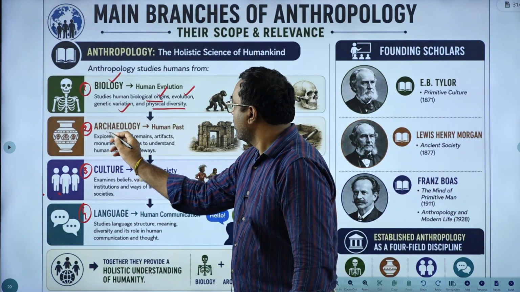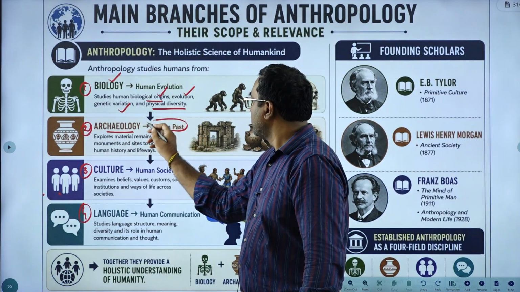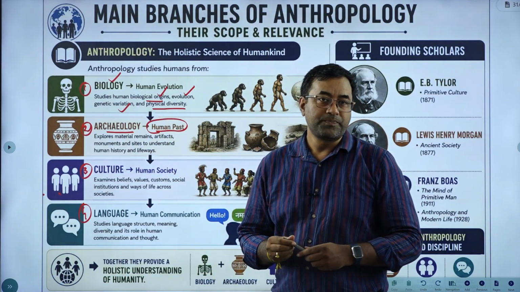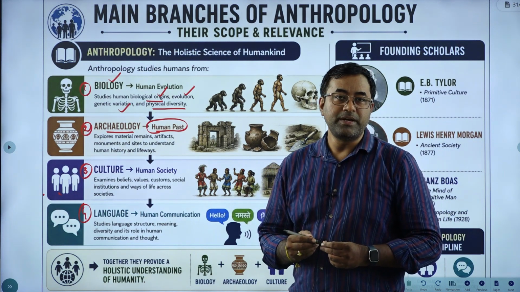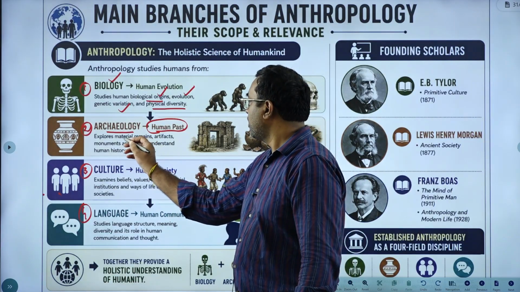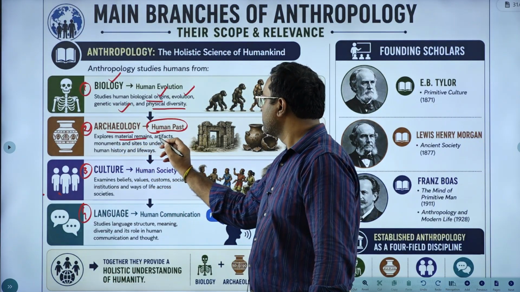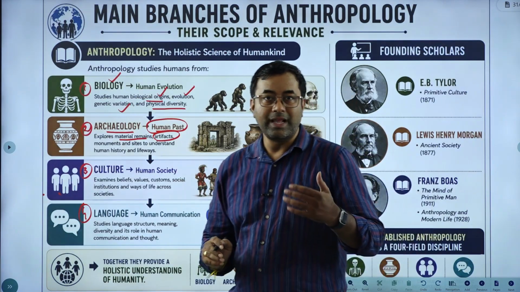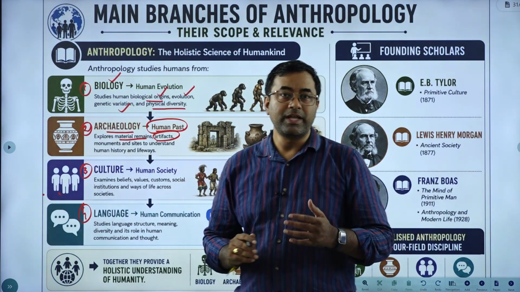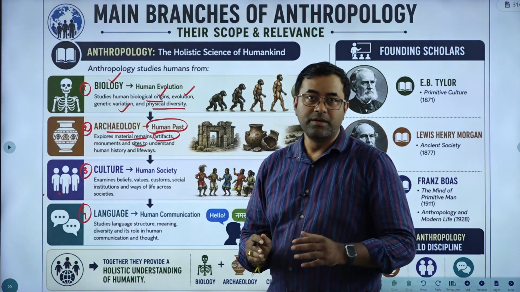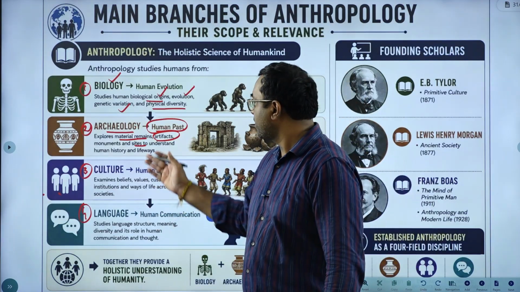Next, archaeological anthropology includes the human past as well as the study of material remains of various sections of the people in different areas. All the time it discusses the material remains, whatever artifacts were used by the people with respect to their livelihood, and different types of monuments, historical monuments and sites can be understood in a more scientific manner as part of